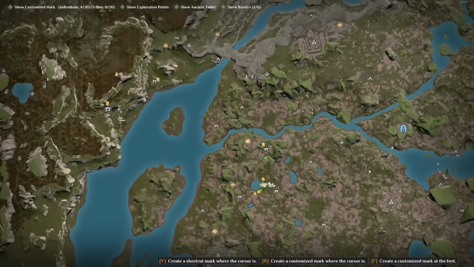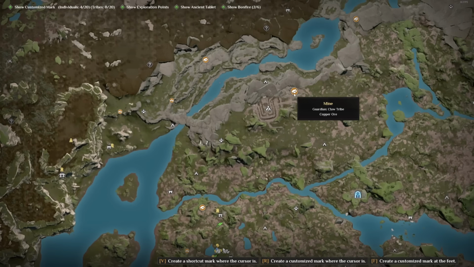Now there is some of these which are slightly more dangerous, so for example up here the mine, as it were, for the copper ore here, which is guarded by the Claw tribe, right next to the barbarian barracks, is pretty heavily guarded. So if you're wanting to go for a lot of kills while you're doing some mining to double up the two highest experience methods for awareness XP in the game, this is a really good place to go. But do bear in mind it's going to be more of a challenge for you and you're going to have to pay more attention,